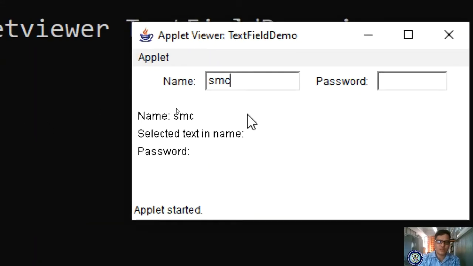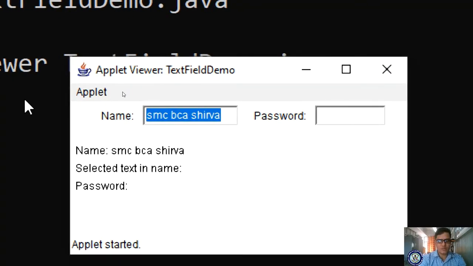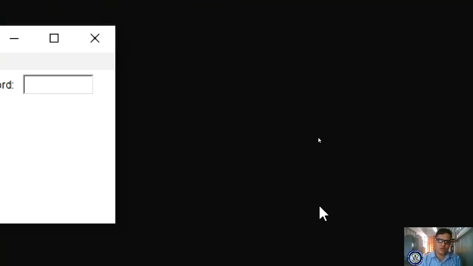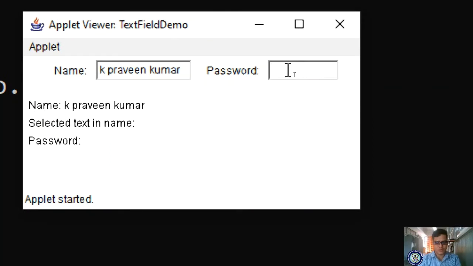Let me type smc vca sherwa. If I press enter, it will display, right? Let me remove this and type K Praveen Kumar. If I enter, automatically it is clearing. Got it? Now if I enter the password, whatever password I have entered will be displayed in the form of question marks. Whatever exact characters I have typed will be displayed here.